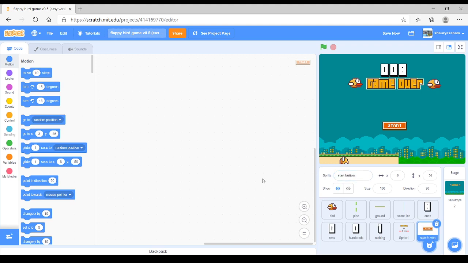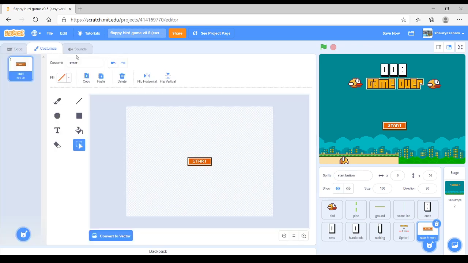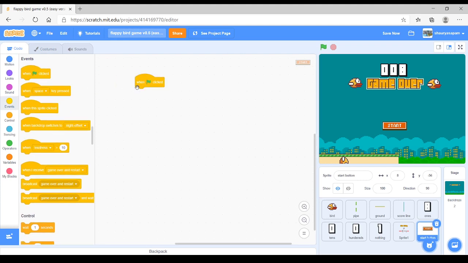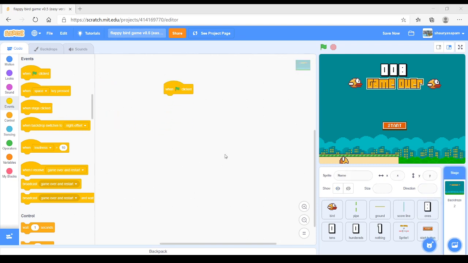button. I named it start button. Start, yeah. So let's take a when flag clicked. It is supposed to show, and the same thing in the backdrop. When flag clicked, it is supposed to switch its costume,